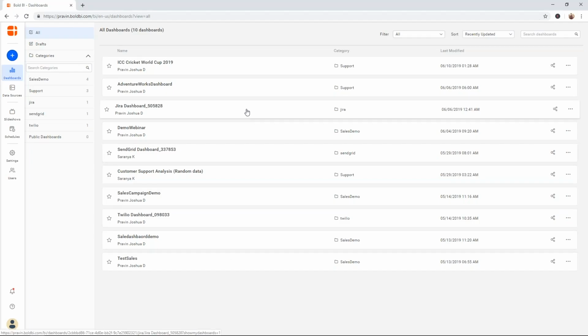I have a list of dashboards here. It will right away take you to the dashboards listing. So you'll have an option initially to build a dashboard. At the left side of the application, we have different options such as dashboards, where you can see the list of dashboards that you have. We also have the data sources listing. We have options to create slideshows, schedules, and if you are an administrator for this application, you'll also have access to the settings where you can customize your application, such as change the datetime format,